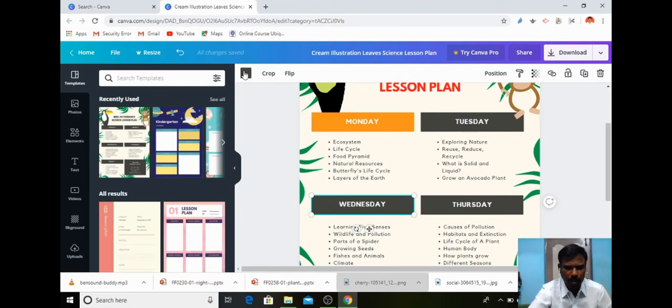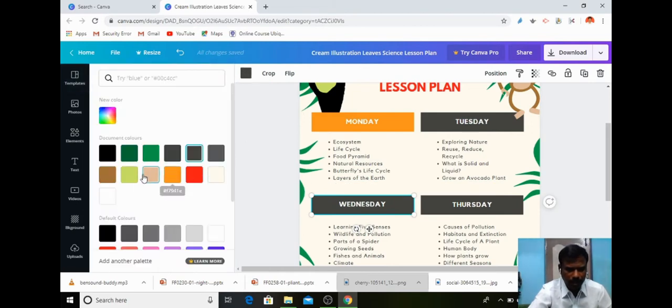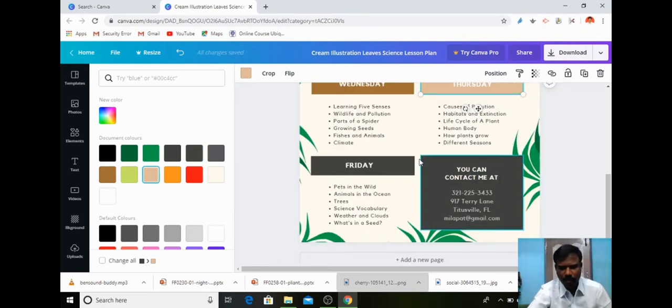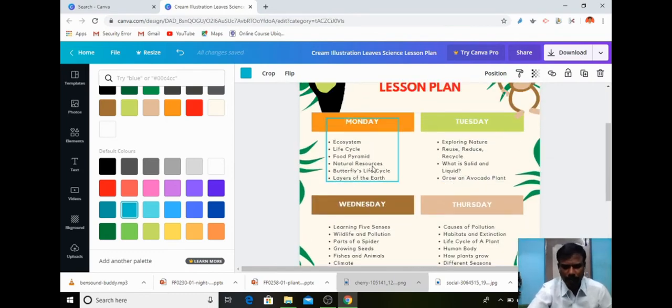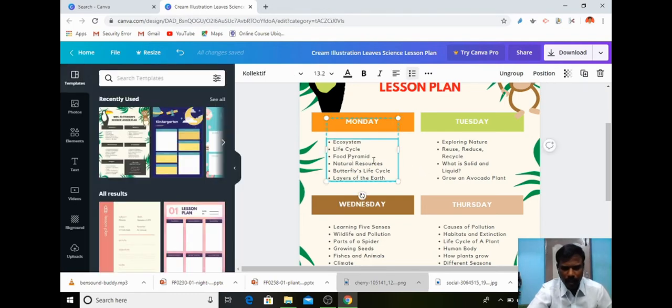So I can modify the content. This box color can be changed into some other color. And like this one. Within a few minutes I can design a lesson plan. Okay. Now all the 5 days are ready, and I can change the content of Monday. So I can click there and I can modify. For example, if the second one is not the preferred one, I can change it into